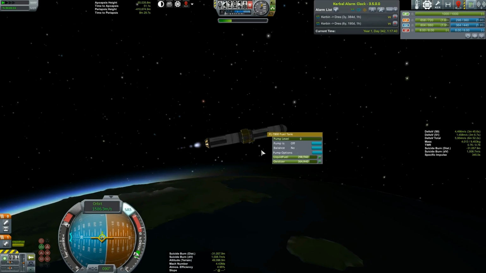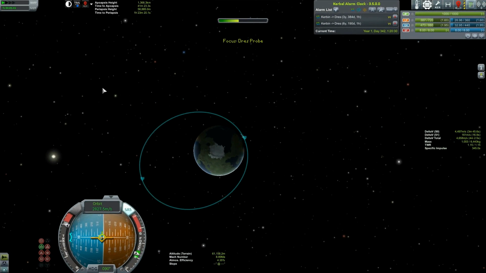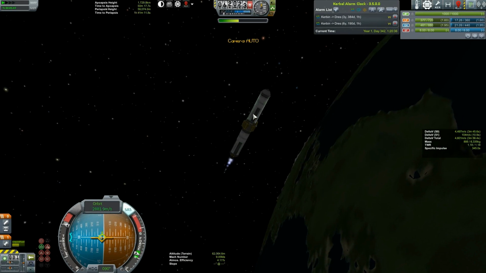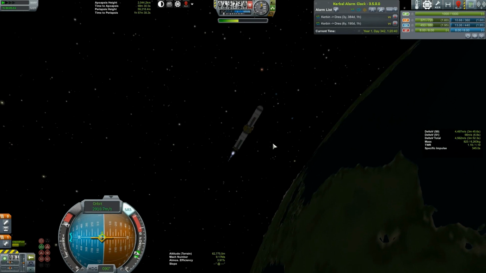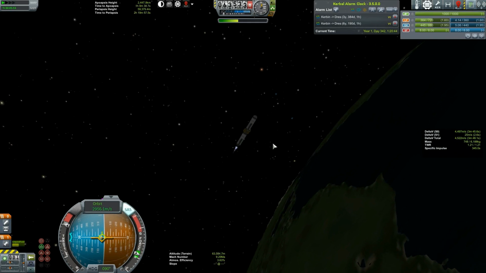Okay, about 20 seconds before, you see that we've got a nice arc going off this way that we're going to eventually be going to Dres. We've also got a periapsis under 60, which will probably be about 60 when we ditch this thing in 10 seconds. I brought you back because I wanted to show it to you because it's kind of goofy the way I eject this thing. In 3, 2, 1,